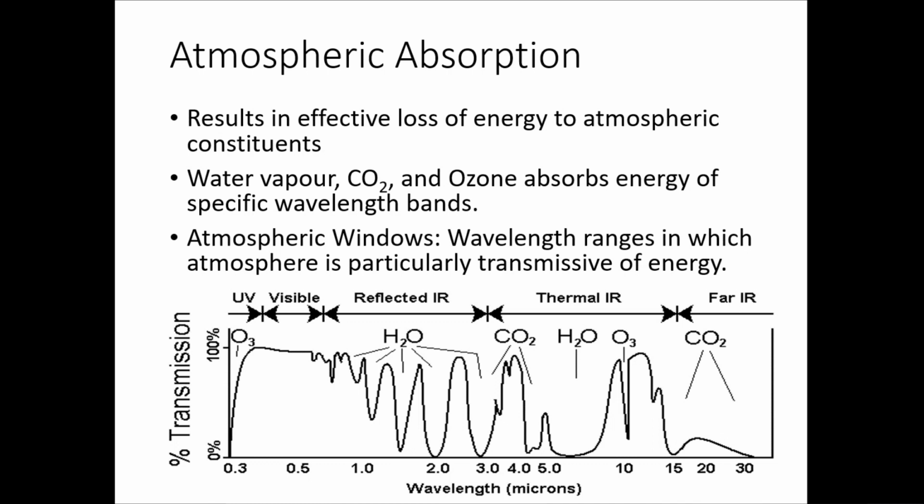Water vapor in the atmosphere absorbs most of the incoming long wave infrared and short wave microwave radiation. Here you can see thermal IR, longer wavelength. So water vapor in the atmosphere absorbs much of the incoming long wavelength infrared and short wavelength microwave radiation. And the presence of water vapor in the lower atmosphere varies greatly from location to location and at different times of the year, right?